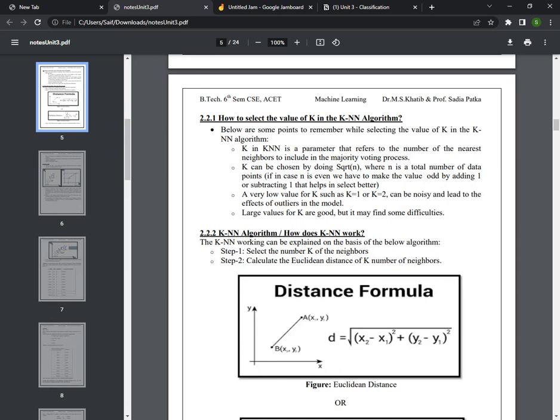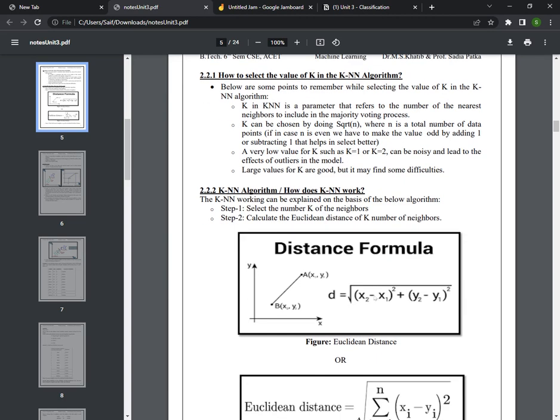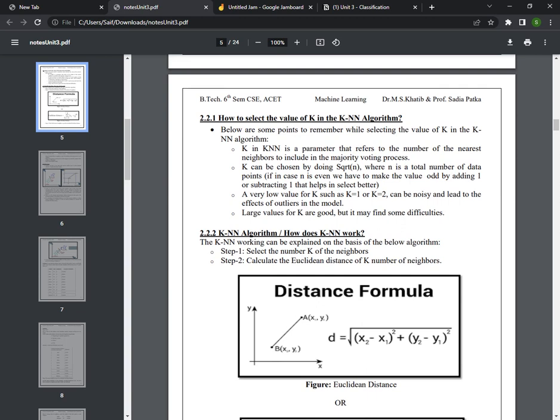K in KNN is the parameter that refers to the number of nearest neighbors to include in the majority voting process. So we take a voting process in this algorithm where we find the nearest distances, and k is the number of neighbors whose votes are taken into consideration. K is the parameter that refers to how many neighbors we have to consider while taking the majority voting process. Now k can be chosen by taking the square root of n, where n is the total number of